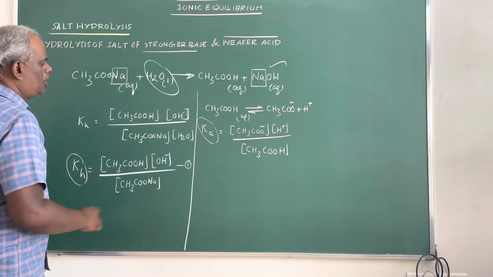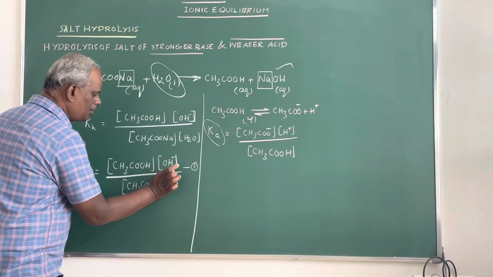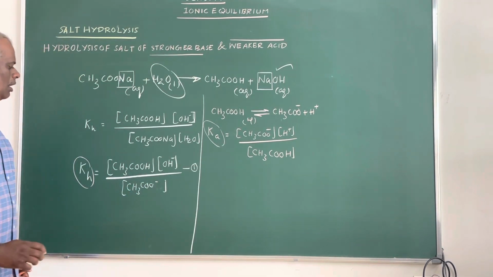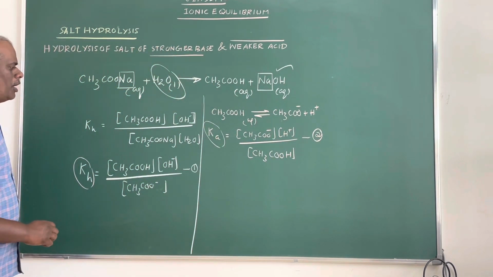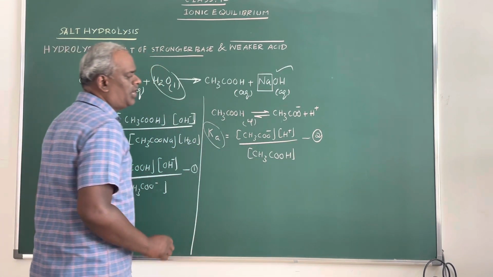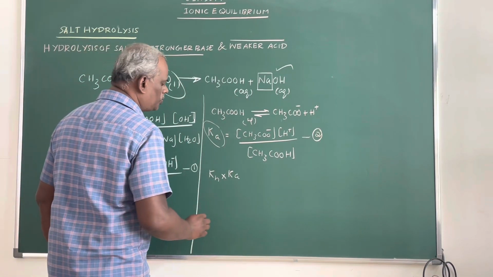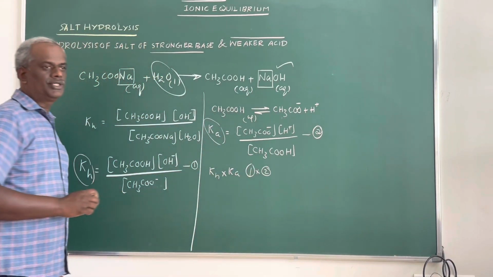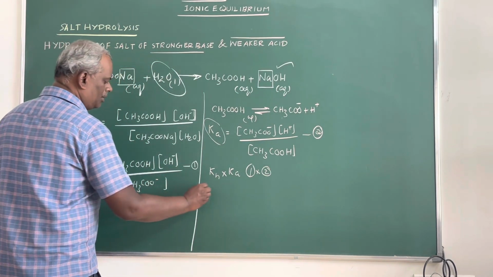In this equation, if you ignore the Na, which need not be written, it becomes acetate. And this is equation number 2. From equations 1 and 2, you consider this a KH and this one is Ka. Just multiply them, KH into Ka, which means equation 1 into 2. If you do so, then what will you get? You can say that the KH is nothing but